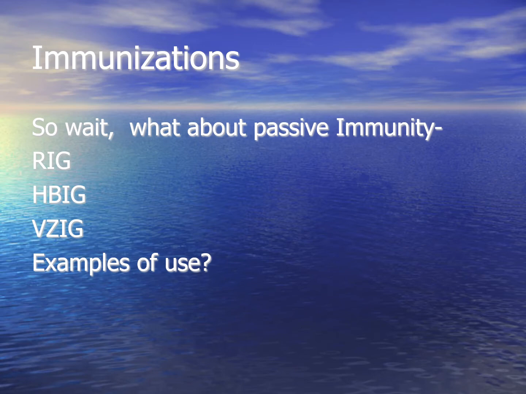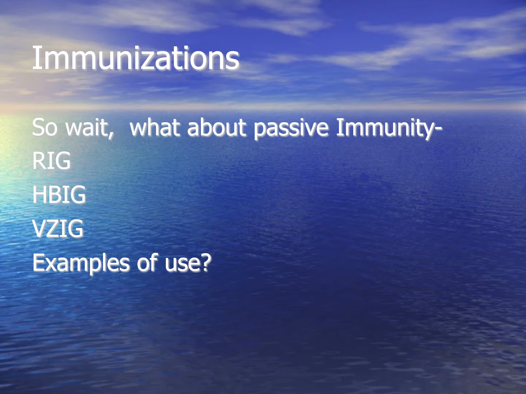So in people that don't have immunity to a condition, if they're exposed to it, you can't just give them an immunization because that will then provide benefit a year or two down the road. You need to give them something that is actually going to protect them today. And so immune globulins, the most common one we see is rabies immune globulin. If you have someone that's bit by an animal that we think is rabid, you'll actually infiltrate some right into the area where the bite is, give the other half IM, and then we will also start the rabies vaccine